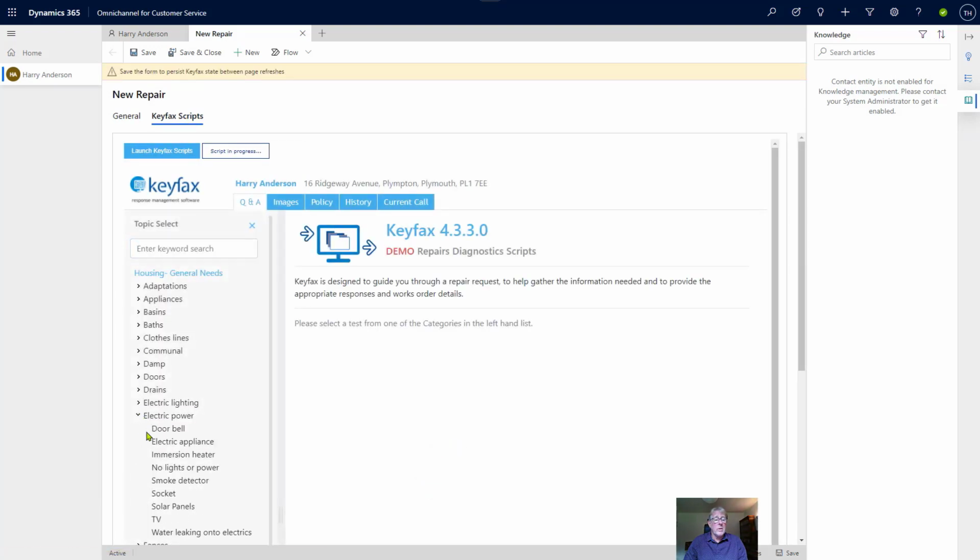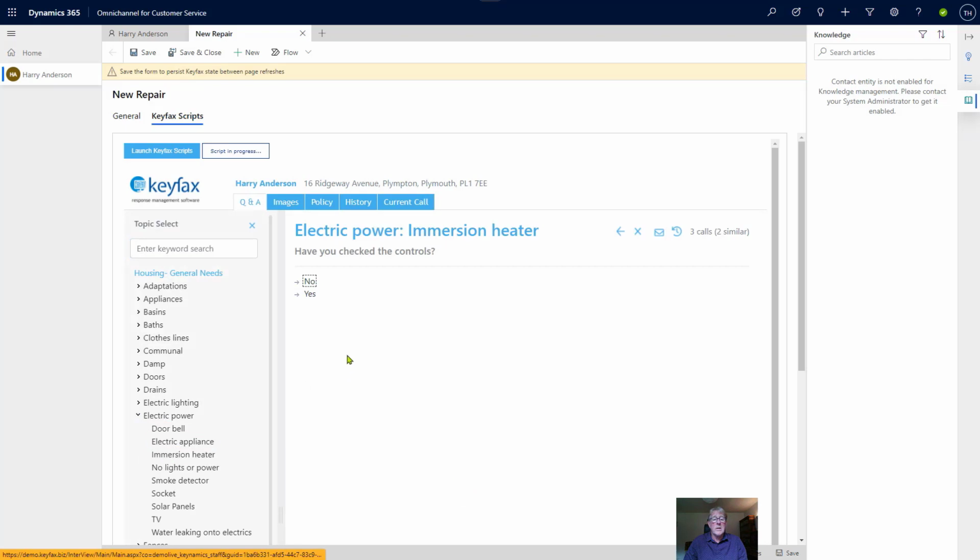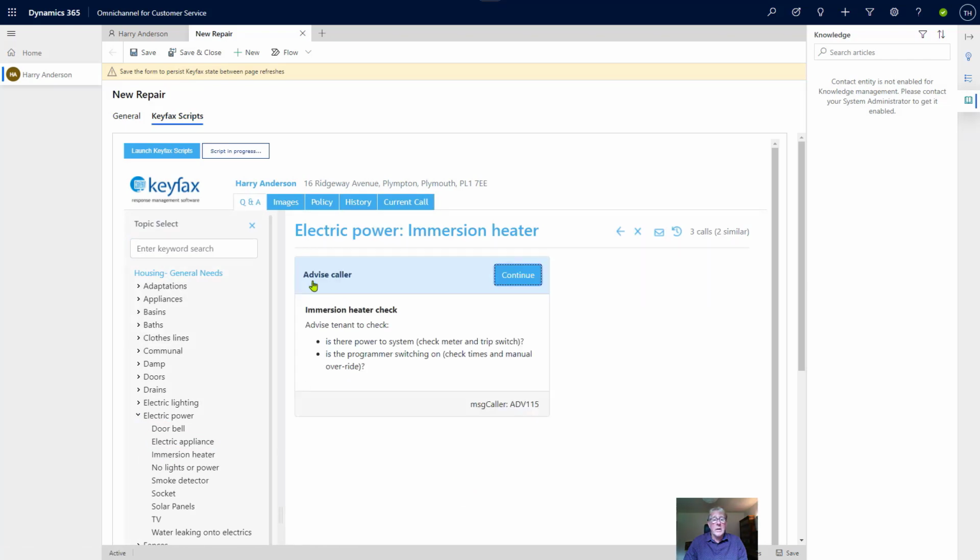And I'm aware that it's the immersion heater. So I'm asking Harry if he's checked the controls, and unfortunately he hasn't. So Harry's going to go and check if there's power to the system and if the programmer is switching on, and he's going to get back to me. He's either going to call me back or I'll hang on the line. So for the moment I haven't got anything to do,